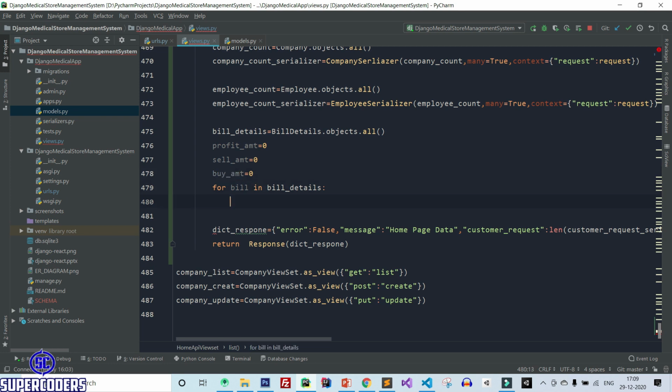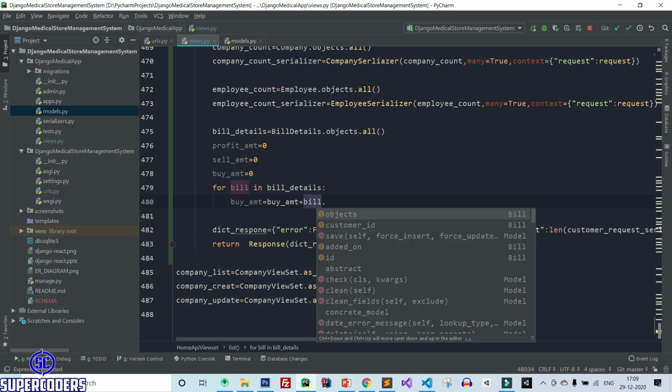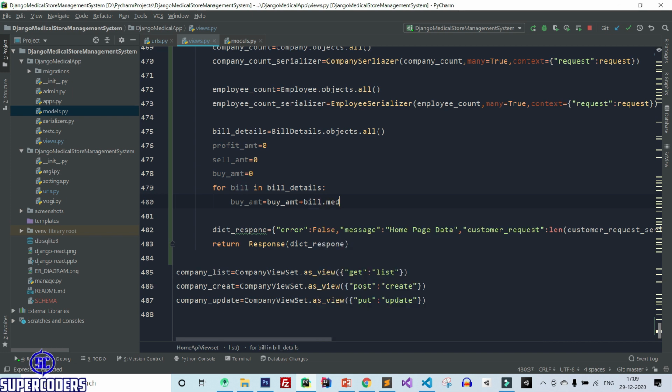So after that, buy amount equal to buy amount plus bill dot medicine underscore ID. Let's see the detail.